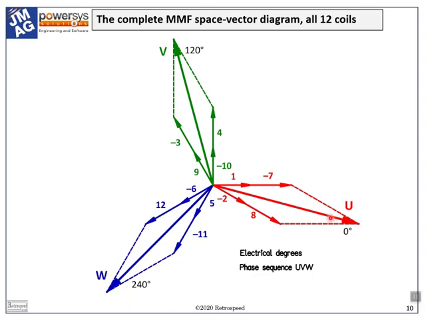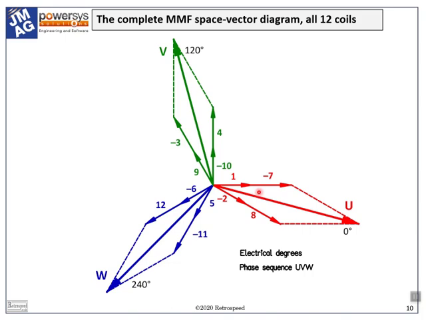The diagram shows the physical orientations of all the coil axes in electrical degrees. Since the coils in one phase carry the same current, the diagram also shows the MMF vectors of all 3 phases. In each phase, the 4 coils combine to produce a resultant MMF, which can be constructed using the parallelogram. And its magnitude is 4 times cosine 15 degrees.